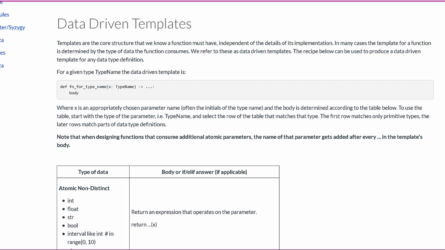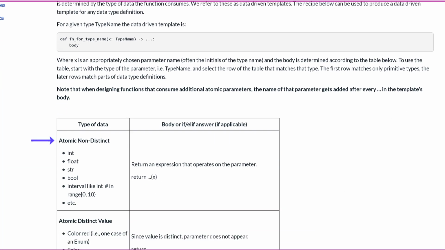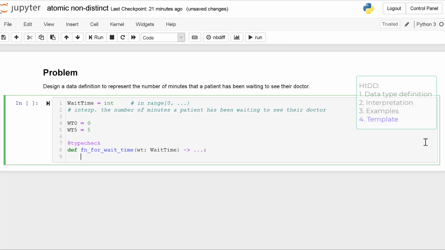We're writing an atomic non-distinct, which is the first row. So I can see that an int is an example of atomic non-distinct, and that then in the body, it should be return ... and then the parameter name, which in our case is WT. Now we've completed our first data definition.